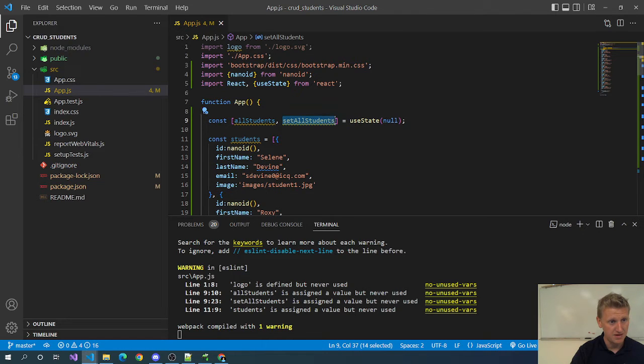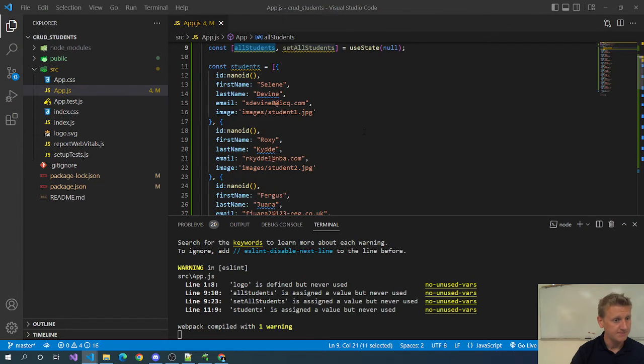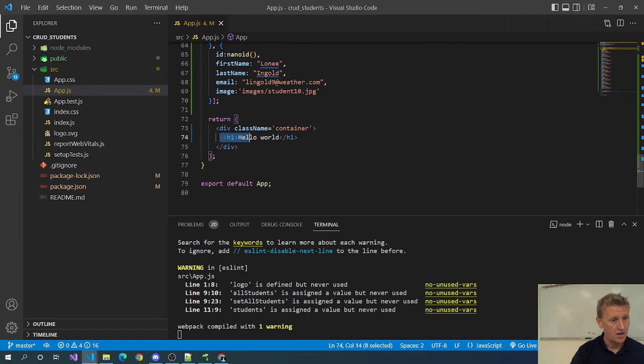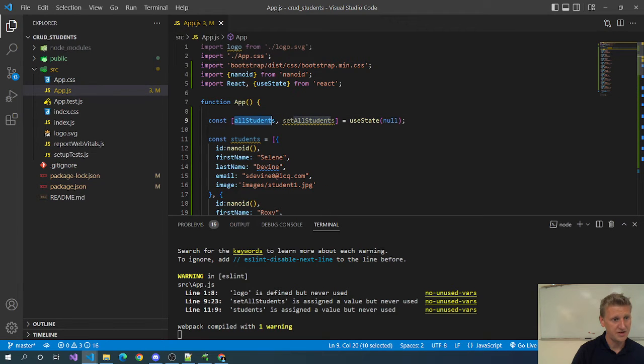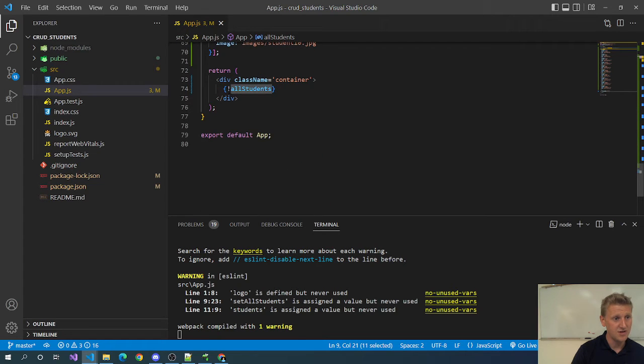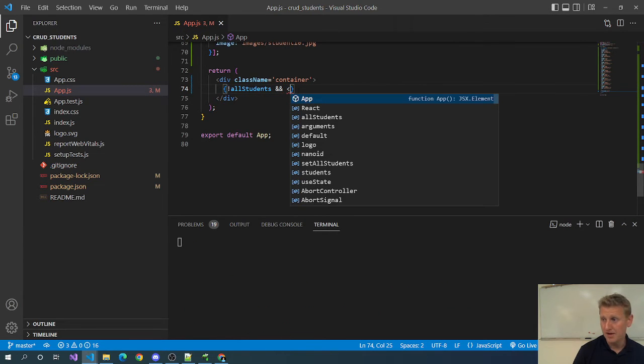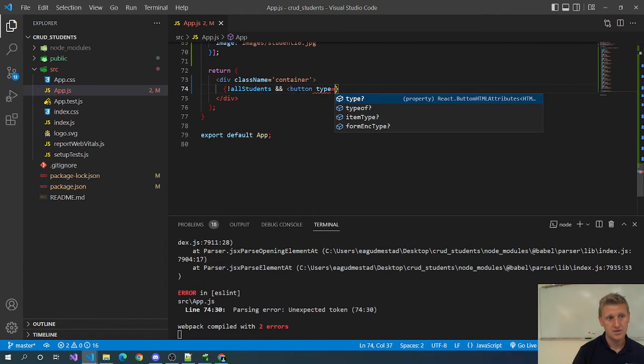What we need to do is call this method and pass it this array of objects to then populate this variable called allStudents. The way that will be done, there's a little nifty trick here that says something like this. This is a shorthand, kind of an if-else statement, but this is a shorthand that you'll see with JavaScript starting with ES6. Basically say if allStudents, if not allStudents, what is allStudents? allStudents is our variable here. And so what this says is, hey, basically, if there's no data in that variable, then we're going to show a button, an HTML button, type of button,